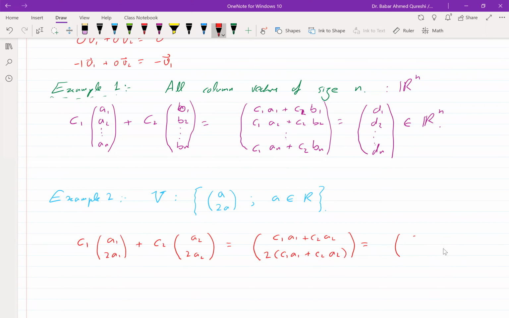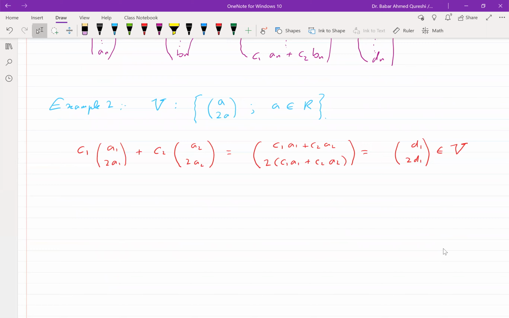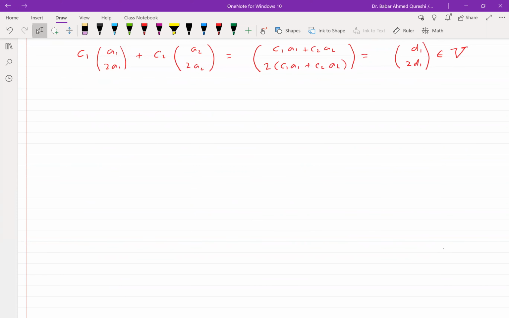So I can call it D1. So it is of that form because A was any arbitrary number. So D1 is a number. So this is back in my space V. So that means these objects, if I collect all such vectors, they form a vector space. And